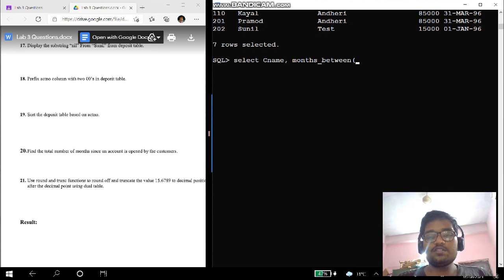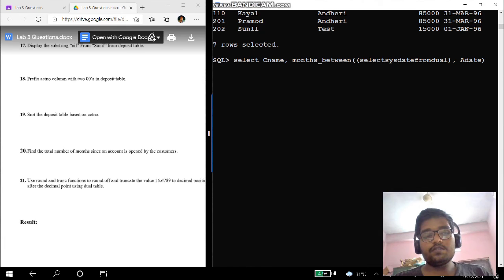The first attribute is the current date. To get that, select system date from dual. Let us type like this. And the second attribute is the date they have in the deposit table.